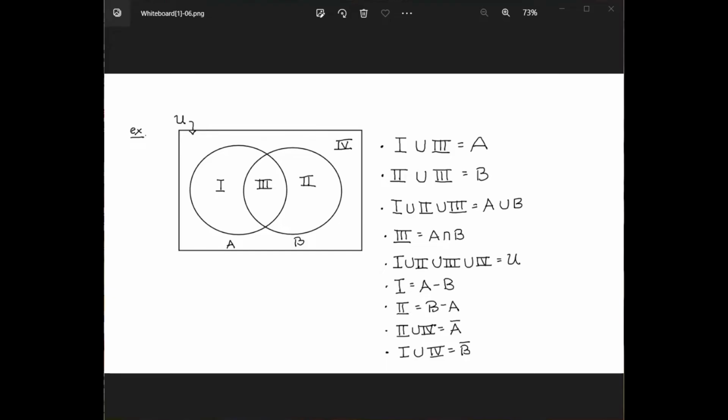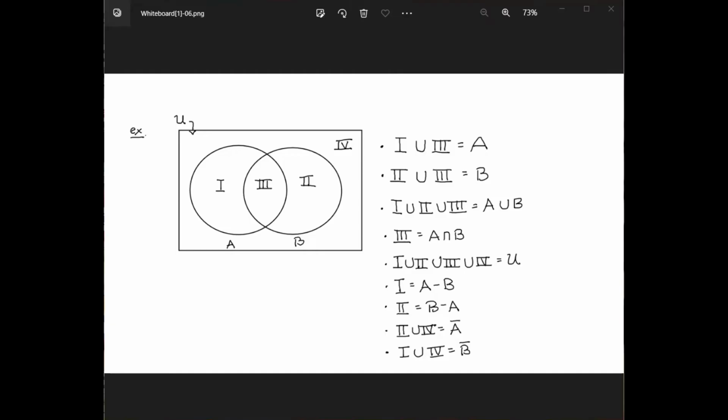Sometimes when I am doing a problem that involves a Venn diagram or that involves counting the number of elements in a set, I just label the regions the way I do here. I use Roman numerals. It obviously makes no difference. You don't want to label them with A and B because you're already using A and B to represent the sets. But you can see here that there are 4 regions, and I have a couple of relationships over here